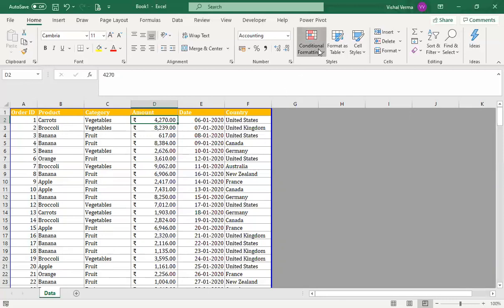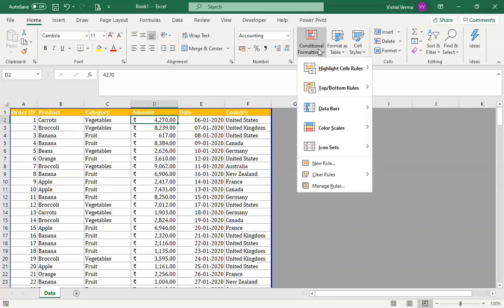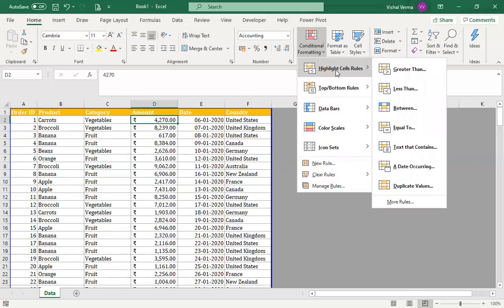Conditional formatting is there in the Home ribbon. Now, there are different ways to go for conditional formatting. The first one is Highlight Cells Rules.